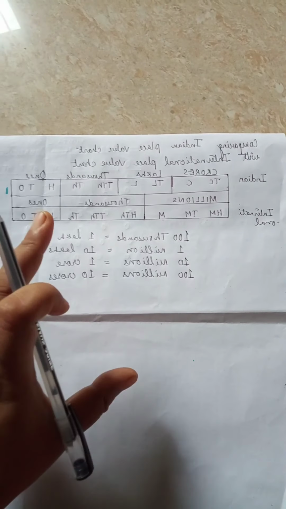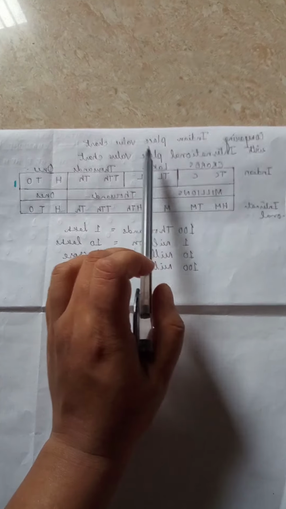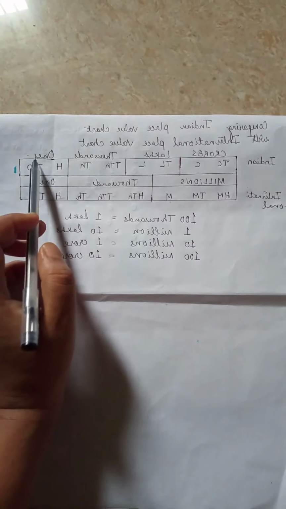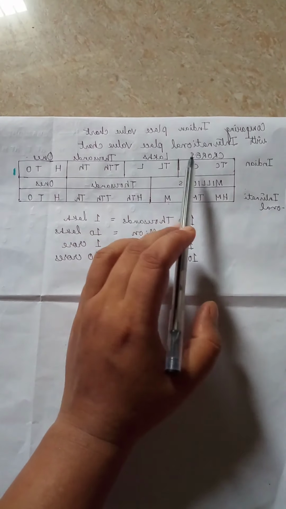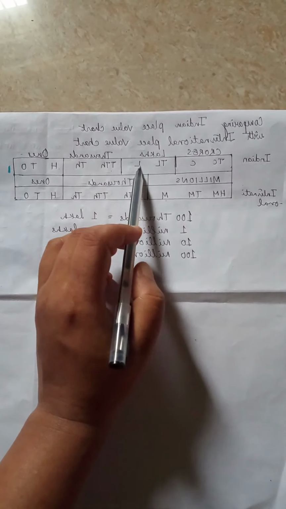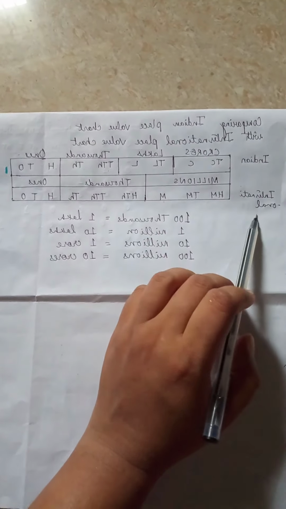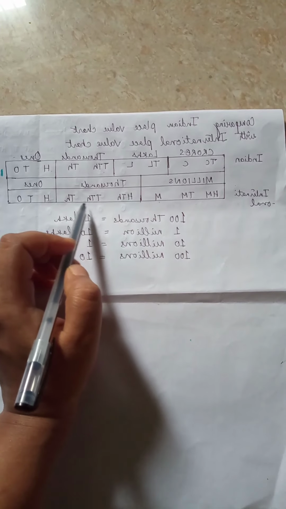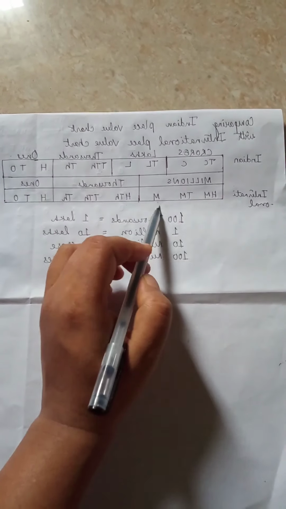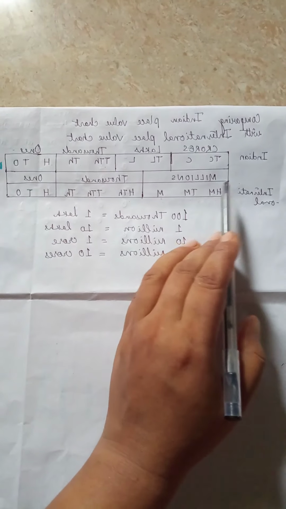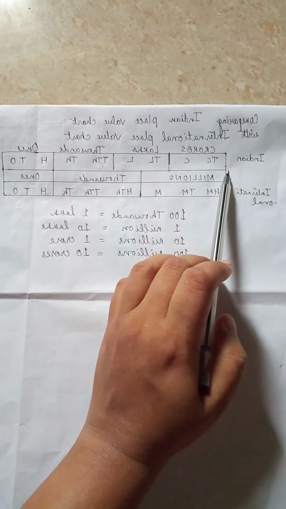Now let's discuss the comparison between the Indian place value chart and the international place value chart. In the Indian system, what we have learned: ones period, thousands period, lakhs, crores. This is ones, tens, hundreds, 1000, 10,000, and lakh, 10 lakh, crore, and 10 crore. In the international format, you can see this is your ones, tens, hundreds, 1000, 10,000, 100,000, million, 10 million, 100 million. After that, the billion system is there. But up to crore, our Indian system is there.